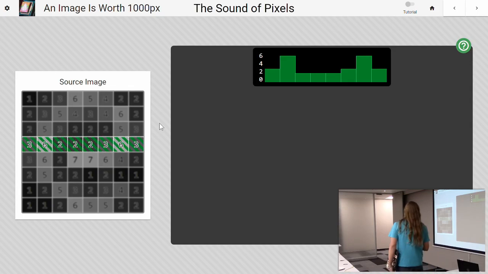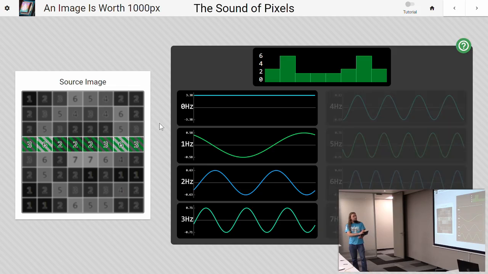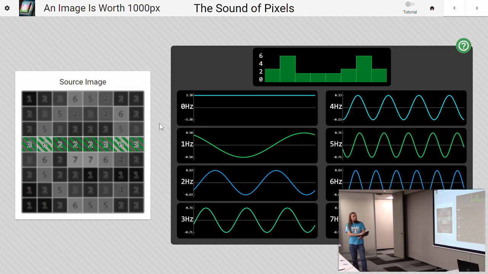Now over here, we're going to be adding these waves together. These are the waves necessary to approximate that line, that trend line that you imagined. But that's only half the waves. We also need to add these together. So add all 8 of these waves together, and then you're going to get something that follows that line up there. Now, it does jump up a bit at certain points, but if you sample that wave at the center